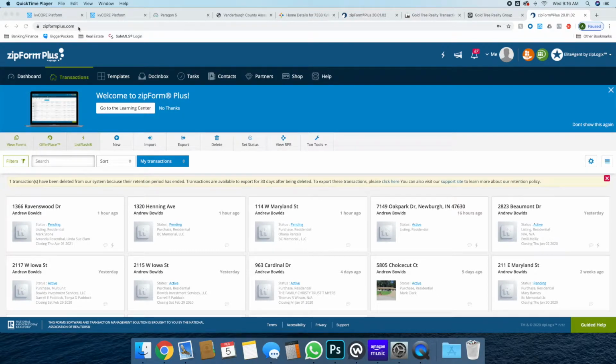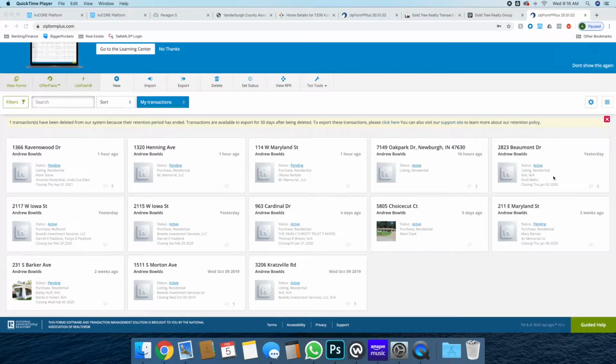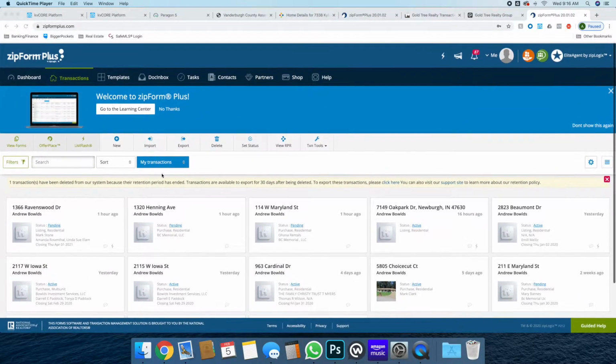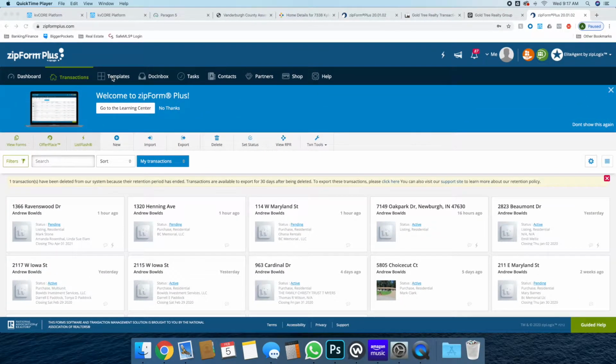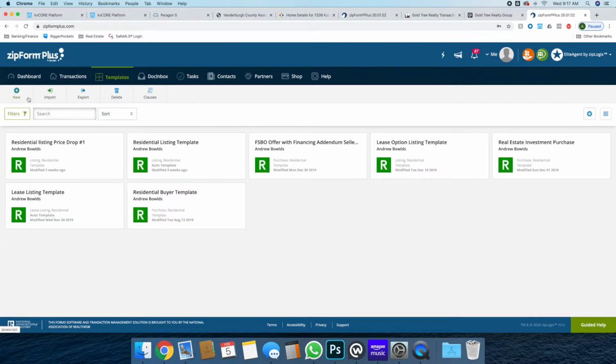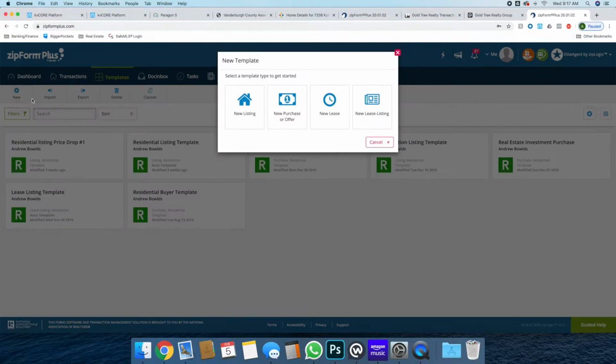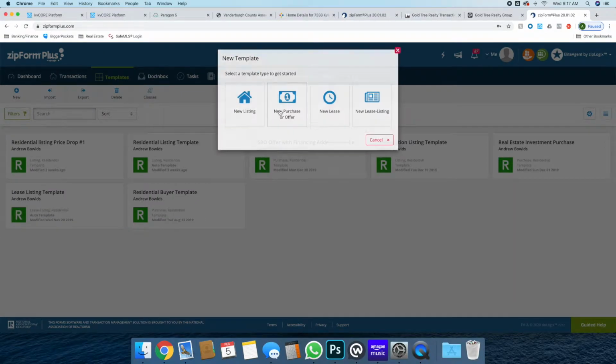So just go to zipformsplus.com and log in. Once you get on this screen, here are all of your transactions. Today we're going to work on creating a template. So we're going to go into templates. We're going to go to new, purchaser offer,